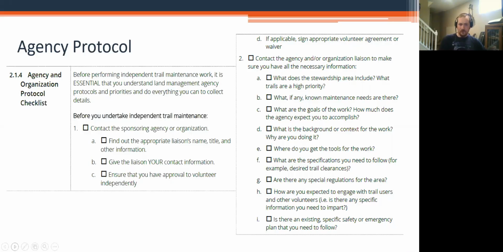And so in a lot of this training, and this is the first part that I'll bring up, there's a lot of room for what's unique about the specific group that you are volunteering for, that you can teach to. You can look at this and say, as an instructor, if I don't need this for my specific agency or organization, then I don't need to teach to it. Or if there's something very specific that I need to talk to people about within here, or something that's not even on this list that I need to make sure gets covered, this is where it gets covered.